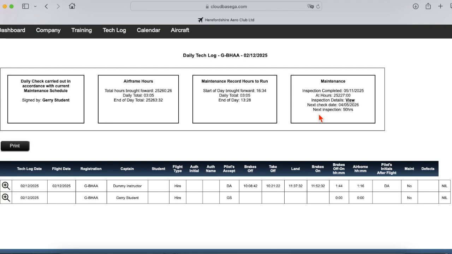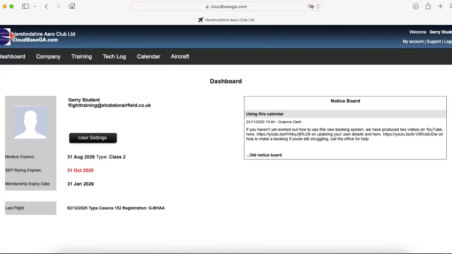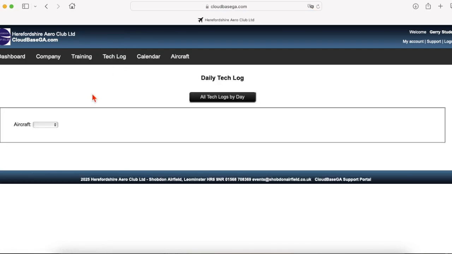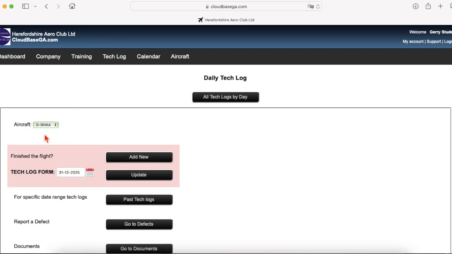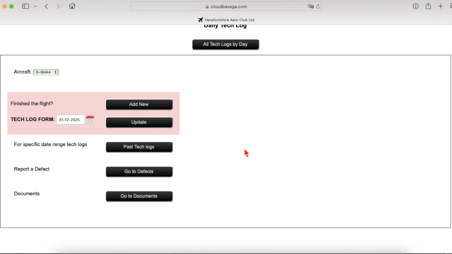So all of that is stuff that you would normally have seen in the paper tech log. And that's it for the moment. Off you go, and you go flying. So when you come back, you'll need to log on again. You won't be on that page. So back to here, we come back to tech log, we choose the aircraft again, and now we can go